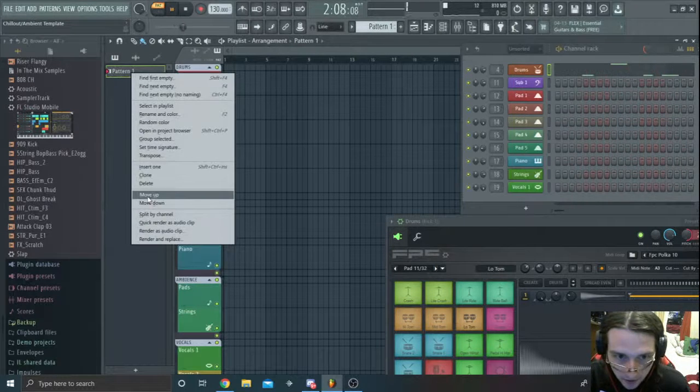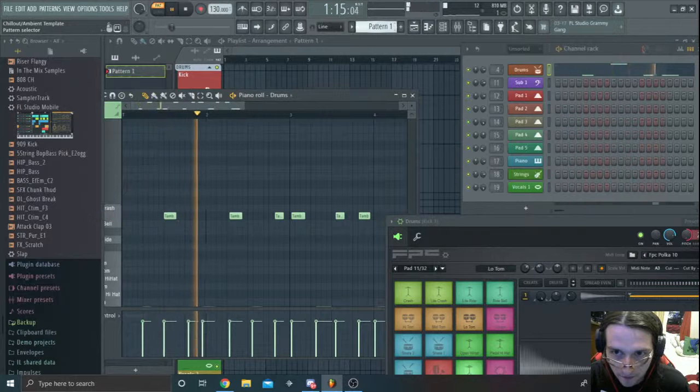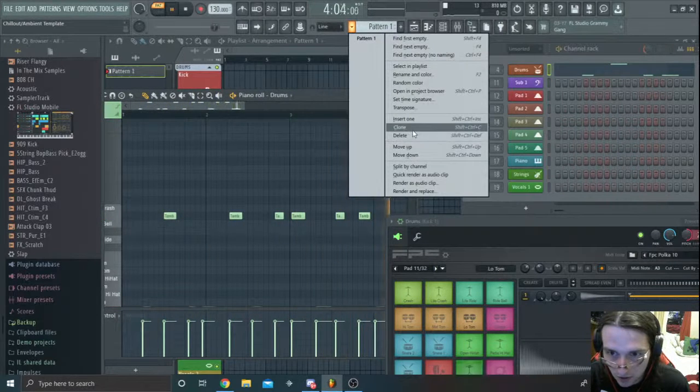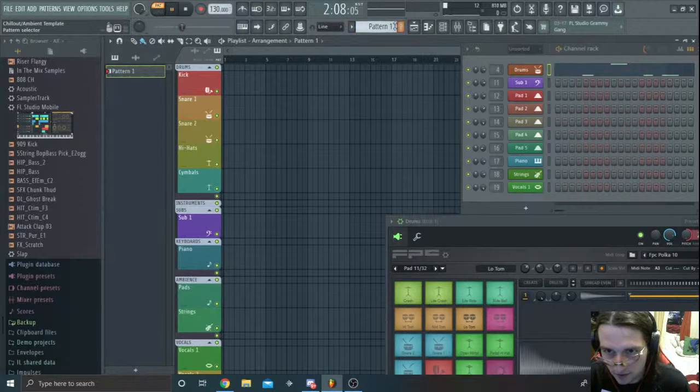Enter. Okay, how do I change the name? I know I'm supposed to change the name. Pattern, clone. Or no, how do you change this name? I know how to change the pattern. Alright, you know what? Screw it. Why don't we just put it on the playlist? And then, oops. Put it here.